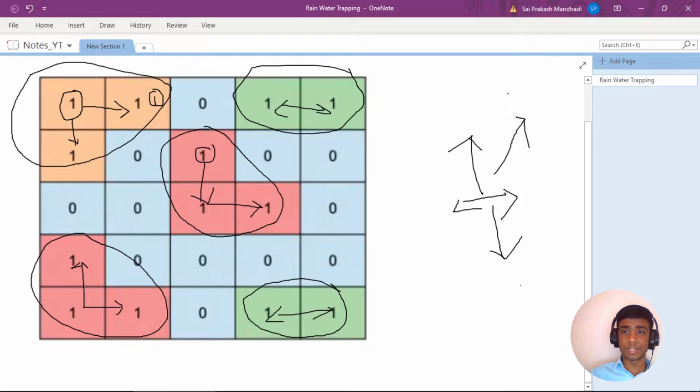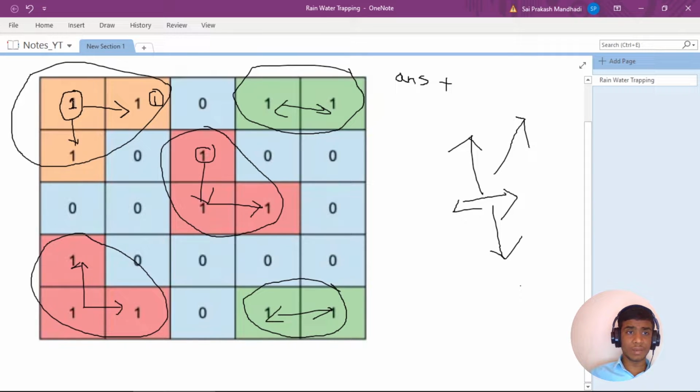We will be solving the problem in such a way that we traverse through this entire 2D array. Whenever I see a land, I'm going to update my answer and start a new island.